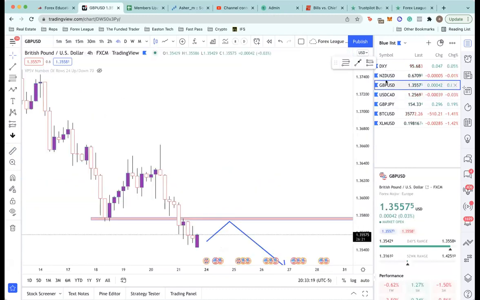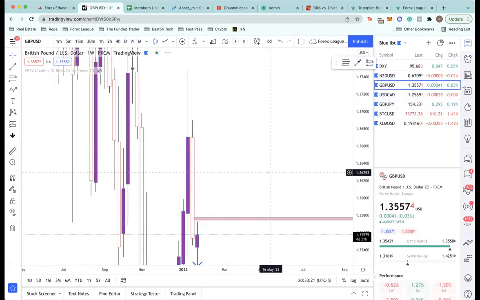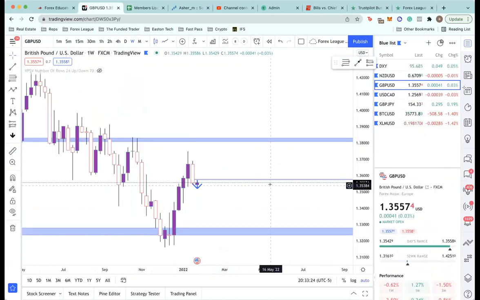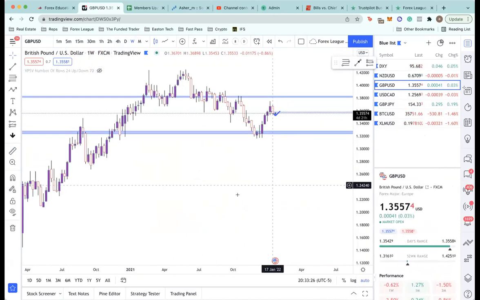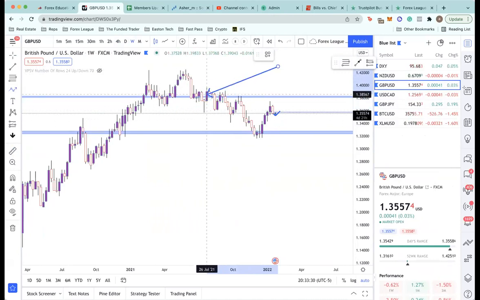So let's go next to GU. Let's hop up to the weekly and do much of the same. GU on the weekly time frame is very clearly in a downtrend. We've been covering this for weeks now. It broke support at this level, retested as resistance, broke support, retested as resistance, and then we had this huge